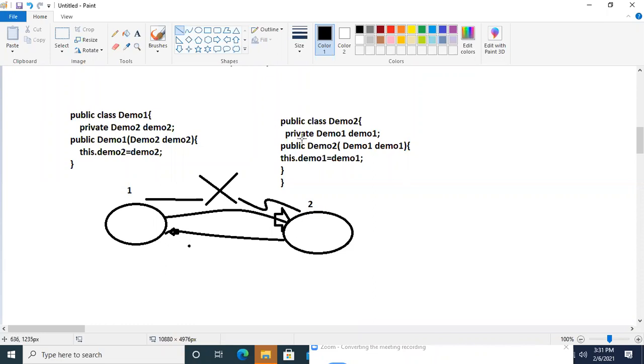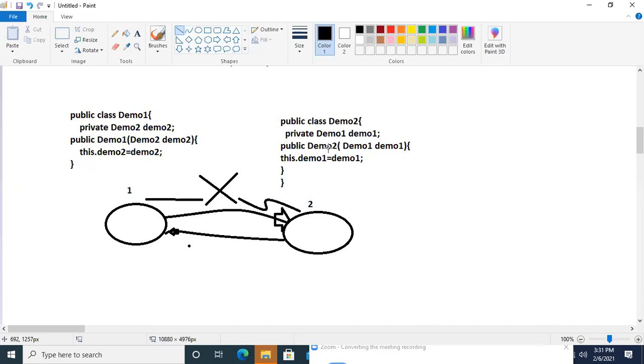If we take this class, it means in both classes, if any one class injects the data using setter injection, then we will not get the issue, right? And even if we set the data using setter injection, then still we will not get the problem. If we take the setter injection, then we will not get the problem.